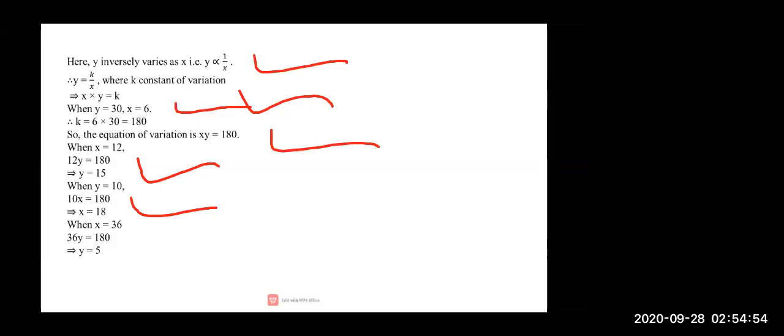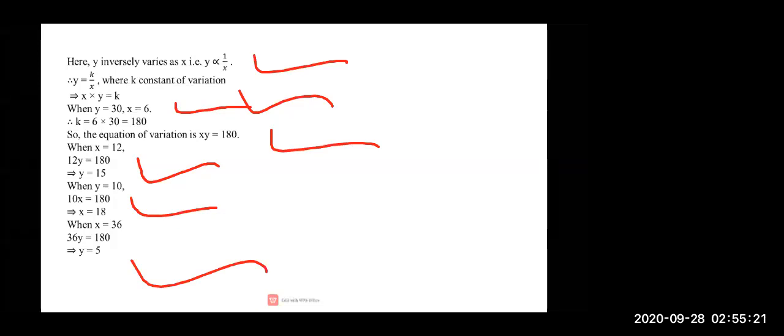So here x into y equal to k. That means 36y equal to 180. So y equal to how much will be coming? 180 should be divided by 36. When we divide 180 by 36, we are getting answer as y equal to 5. So you have to apply the formula of x into y equal to k, and then